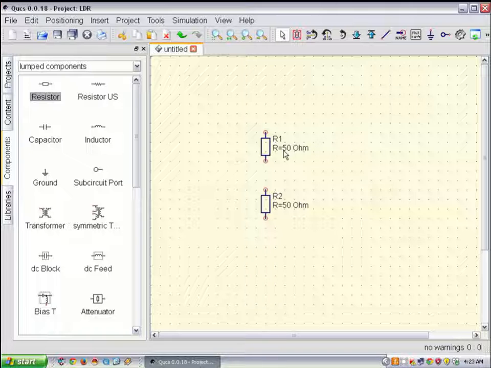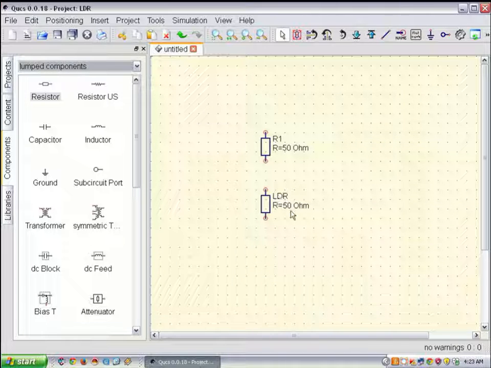Now I will change this. R2 is going to be my light dependent resistor. So in QUCS you do not have a circuit symbol for light dependent resistor. So we will change the name of R2 as LDR,